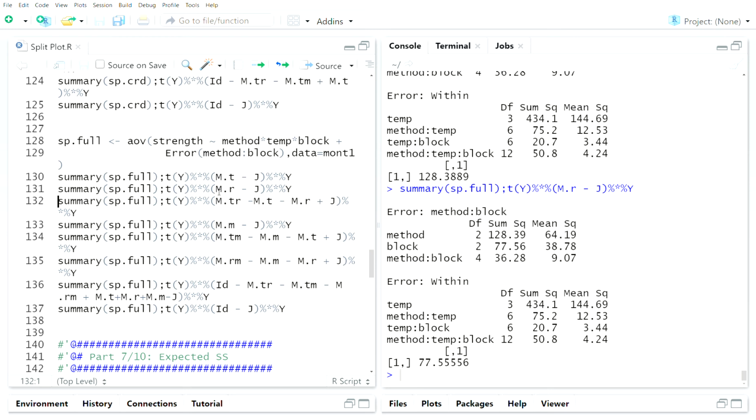And so the block sum of squares, 76, which is this. This is the interaction method and block is 36.28. And to me, this is just so mind-boggling cool. So there's the method by temperature sums of squares, and then if we look at the temperature by block, it's 20.7,